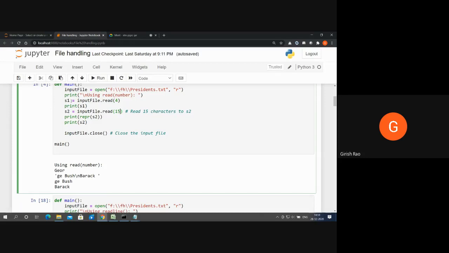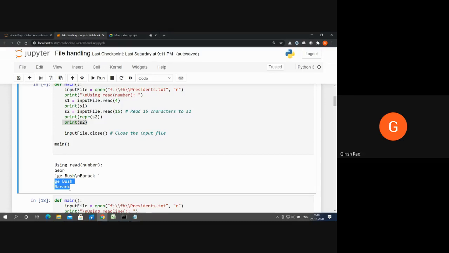We have not printed it. We printed the first four characters, and then it read the next 15 characters. Clear? Now what does print s2 do? Print s2 will print this: GE Bush Barack. After the four characters, we have GE space Bush, backslash n takes the cursor to the next line, and we have Barack. That is the 15 characters.